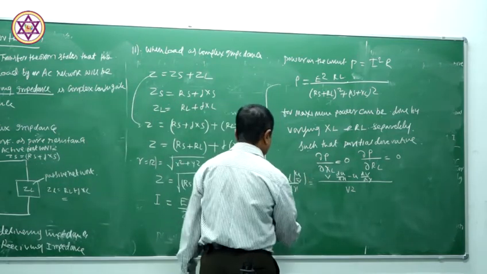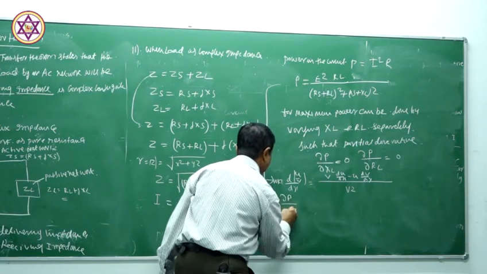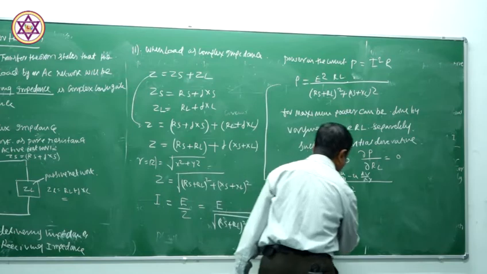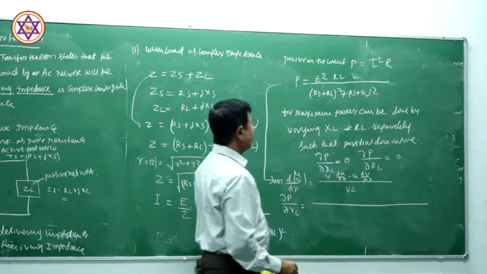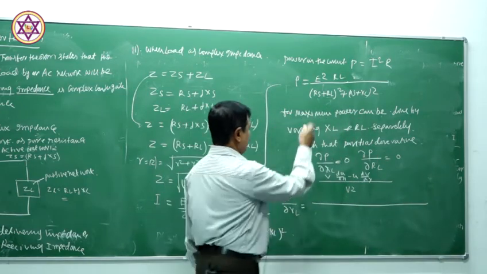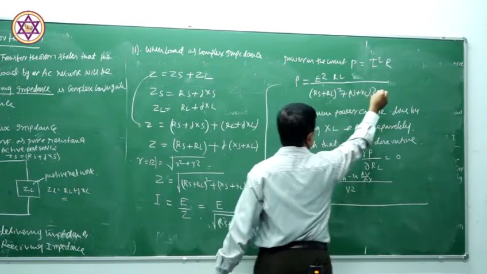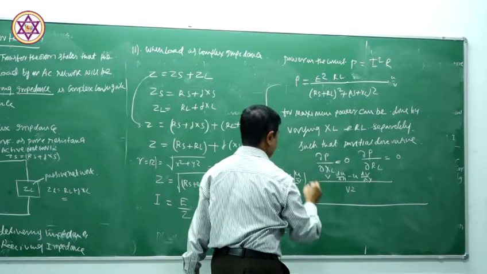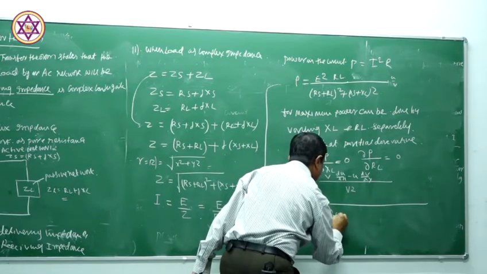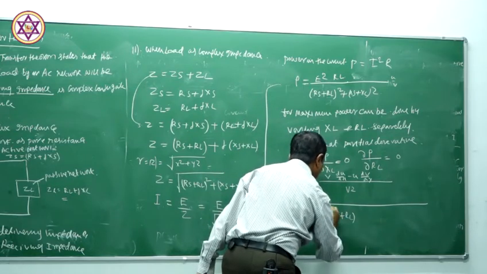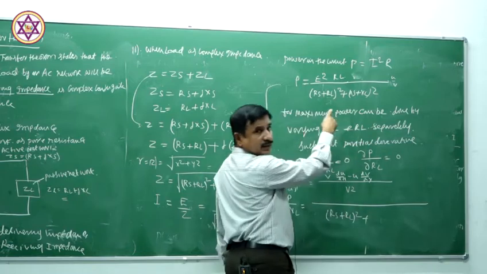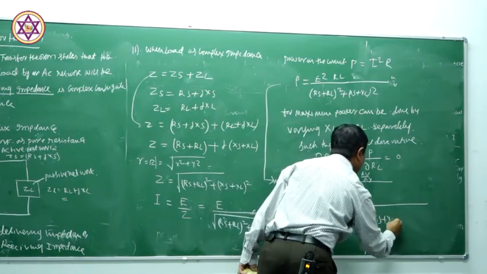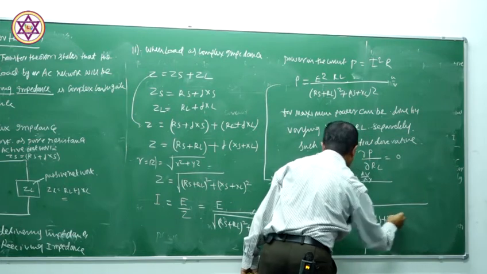So dP by dXL is equal to the square of the denominator. You call the numerator u and the denominator v. The square of this is what? (RS plus RL) the whole square plus (XS plus XL) the whole square